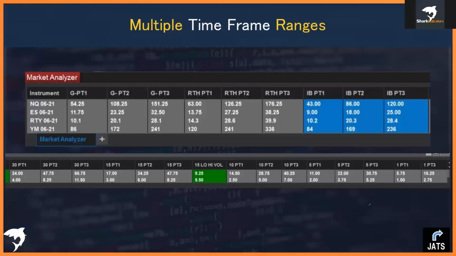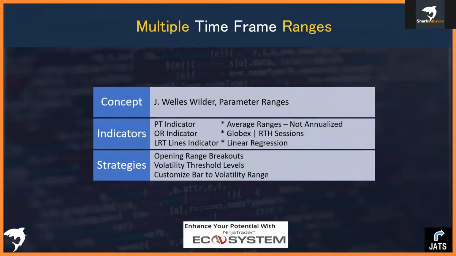And I now am putting together a framework, like I said, to approach this quantitatively. So it really has helped speed things along with what I'm doing. Using this parameter range methodology with the PT indicator, the opening range indicator, which also gives me these great boundaries with Globex and RTH sessions, and applying that with the linear regression and bringing in these volatility threshold levels has really just exploded my learning curve and the direction I'm going in now with my strategies, because I can take